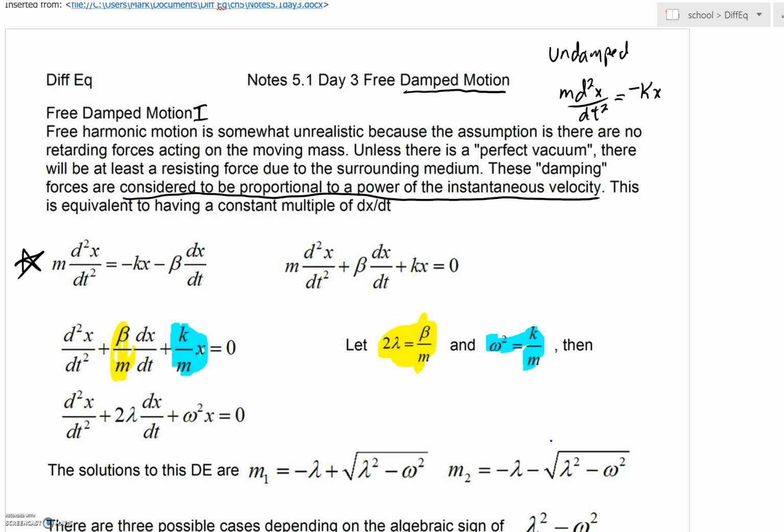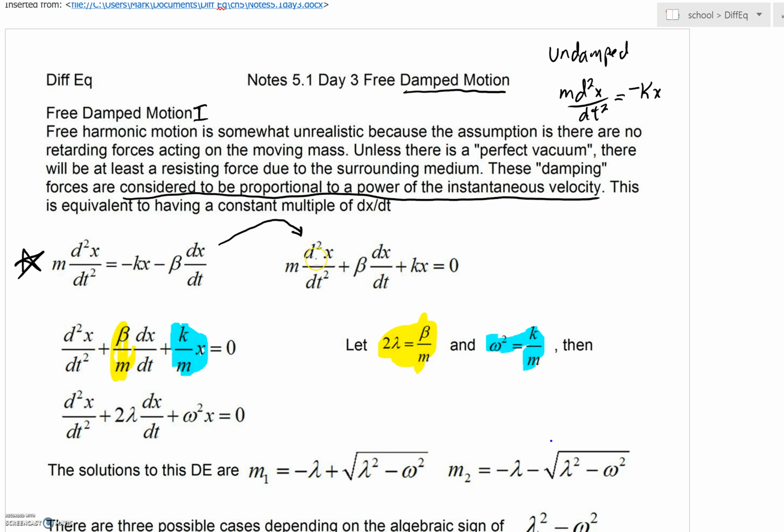There's some constant, we could call it beta, multiplied by dx/dt, and we're going to be subtracting that. So we can definitely move over this way. Remember, this would be going in with resistance to it. That's why we're putting that minus in front of it,